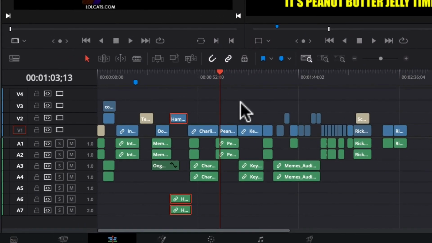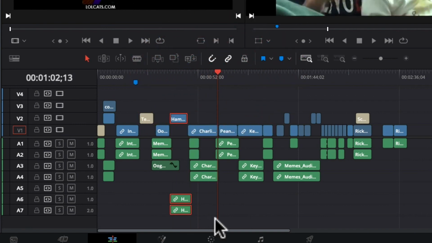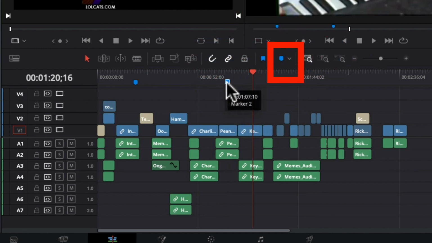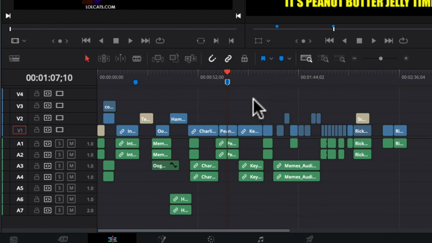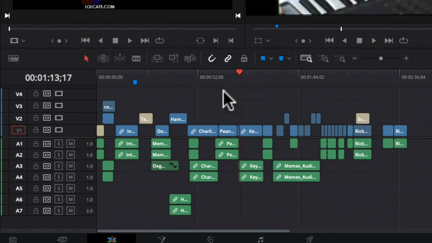Okay, a couple quick things that you can see inside this editor for your basic editing needs. If you say, oh, I have a very particular point, I want to remember where this is, you can create a marker. These are right here, these little blue markers, or you can hit the keyboard shortcut M. If I select there, then I create this marker here. And then you can return to it anytime. This can be useful if you're trying to track a beat of a song, for instance, or if you have something you need to return to and re-edit, you can create these markers. And then if you right-click here, you can also say remove all markers, or you can just remove this marker